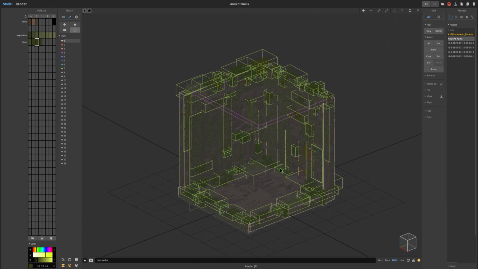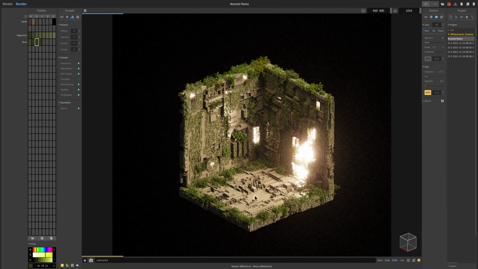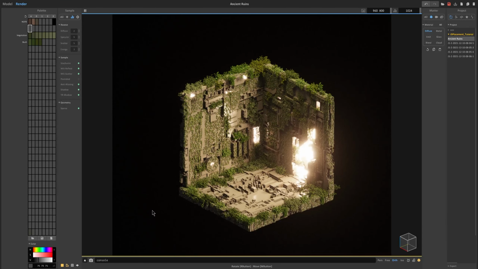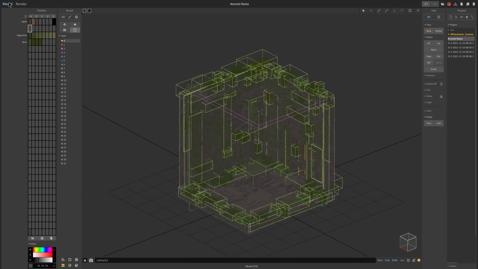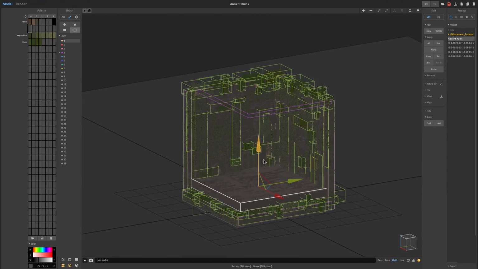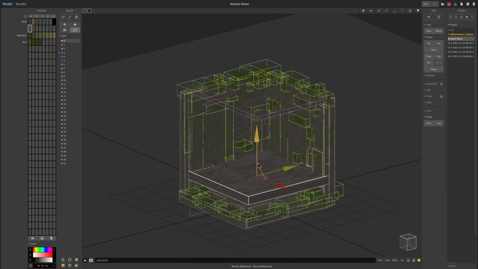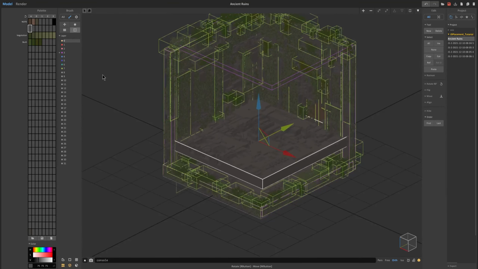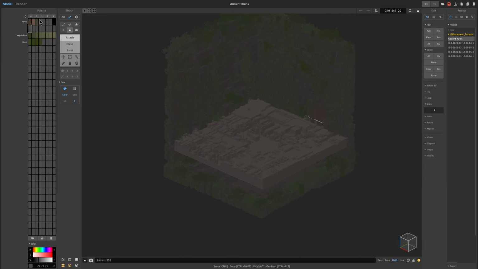And with that, we can now move on to adding some shallow water right here. Okay, so for adding the water, it's a fairly simple process. We're just going to go back to model view, select the ground, drag it up by 1, or duplicate it by holding down Shift and dragging the arrow up. Go ahead and go into model view, delete everything,